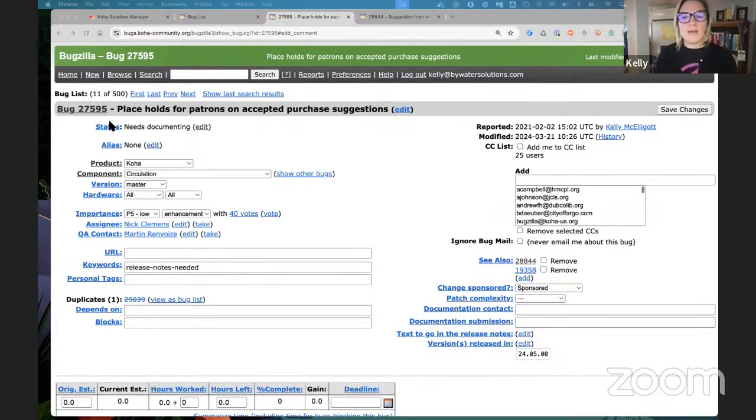Another thing that I want to point out is there is a way to customize the look of your Bugzilla if you want. I don't know how long this has been around, but once I'm logged in,